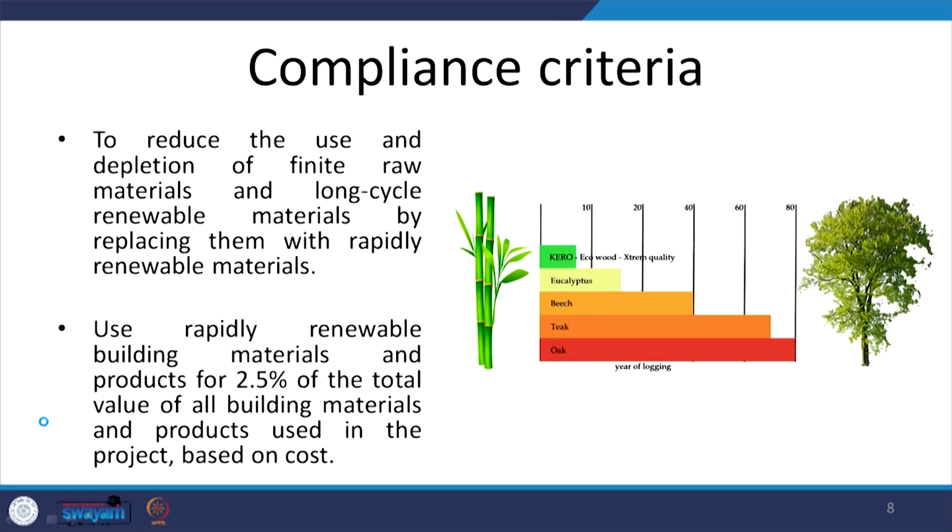If we talk about the different rating programs, they have different compliance criteria, but the intent of this particular criterion is to reduce the use and depletion of finite raw materials and long cycle renewable materials by replacing them with rapidly renewable materials. We have already seen the environmental and economic benefits that come along. If we talk in a quantified manner, for this compliance criterion we have to use rapidly renewable materials